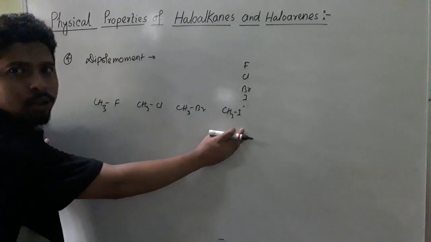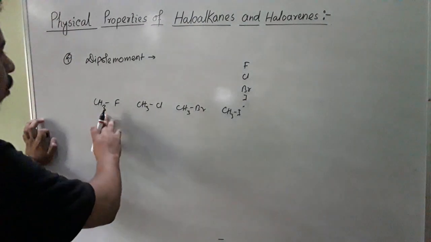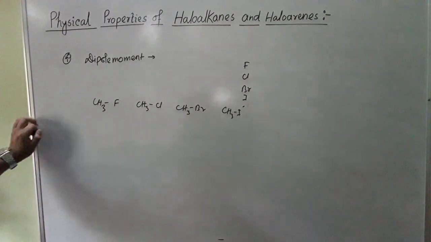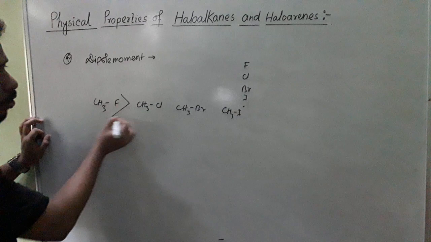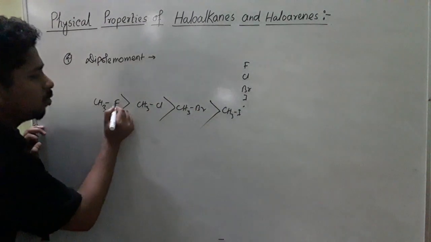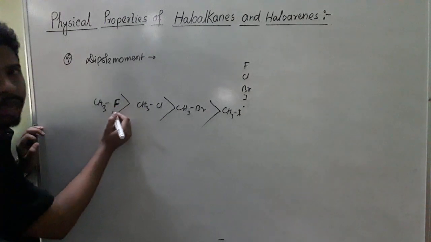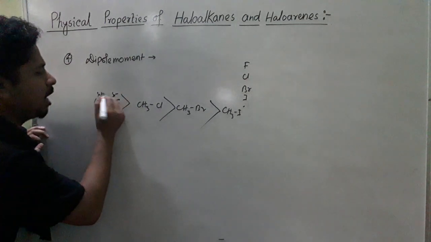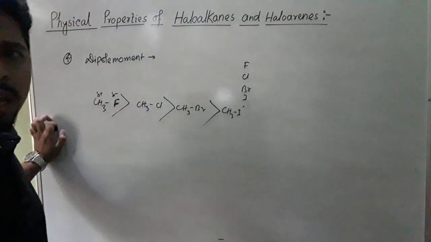Electronegativity decreases. So if you consider these molecules, fluoromethane, chloromethane, bromomethane, iodomethane, the dipole moment should decrease in this order. So why in this order? Because fluorine will have higher electronegativity, which means it will have higher charge separation. So this will be delta minus and delta plus, and the higher the charge separation, the more will be the